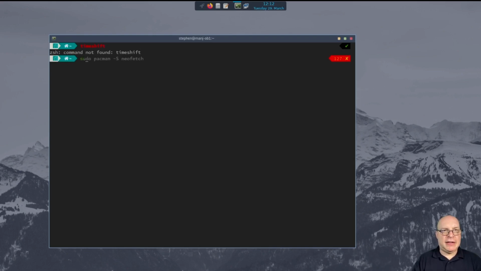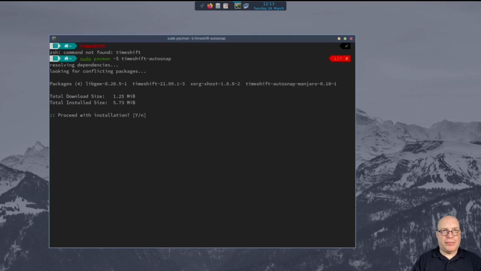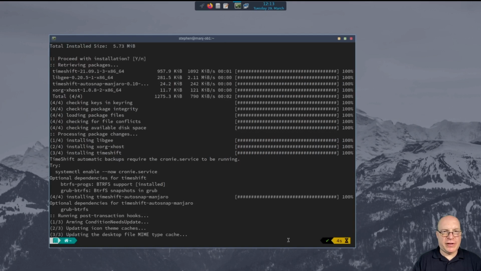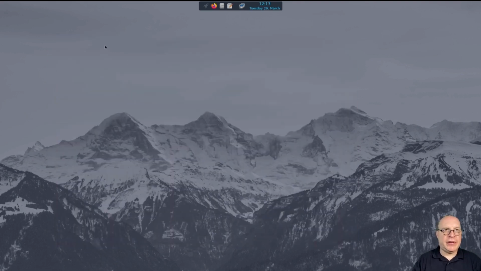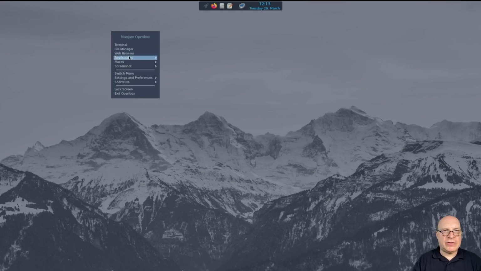by doing a sudo pacman -S timeshift-autosnap, which should pull in from the Manjaro repositories the actual timeshift package, which it just did. So now that that's installed, before we do anything else, let me close the terminal here and go to, so